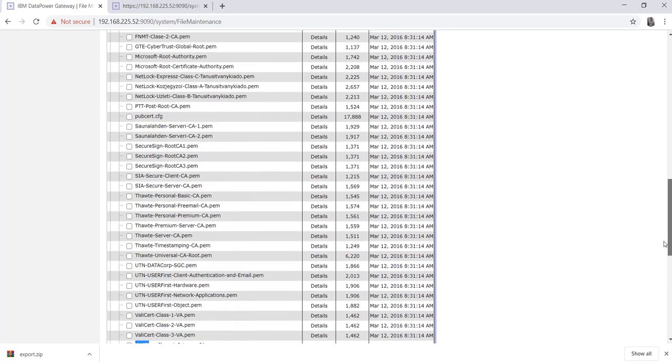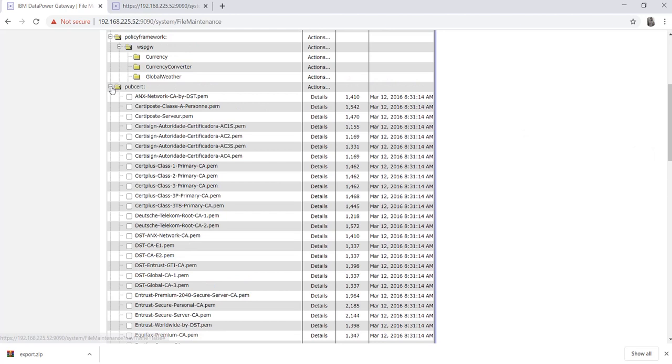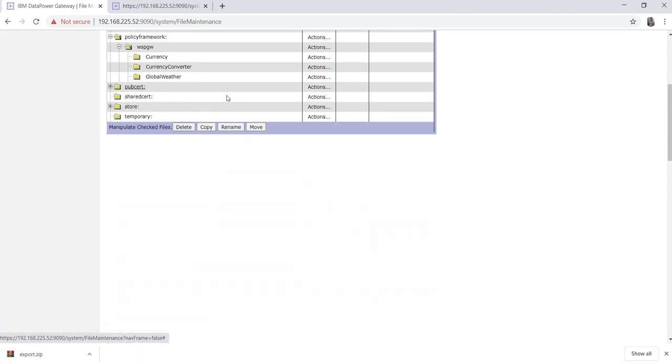So these are the default certificates available in DataPower that are provided by the authority anchors, meaning the anchors who provide authority or who validate our certificate. All those anchor certificates will be available in your PubCert.